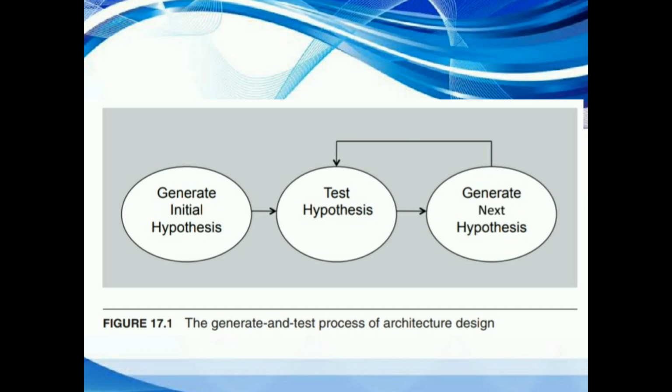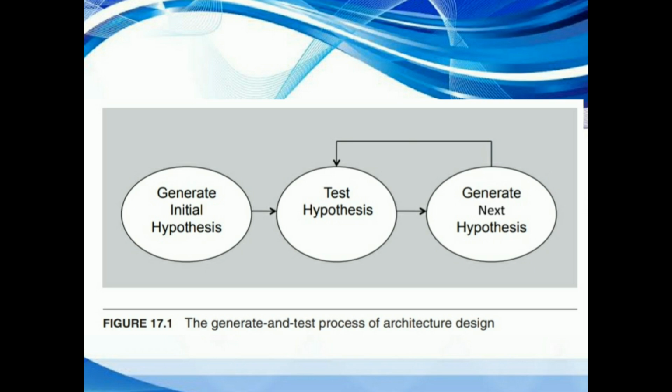For the important quality attribute requirements, use the design checklist to assess whether the decisions you have made so far are sound and complete. For example, if testability is important for your system, then the checklist says to ensure that the coordination model supports it and the architecturally significant requirements. If the hypothesis does not provide a solution for the architecturally significant requirements, then it must be improved. That is improved in the generate next hypothesis.